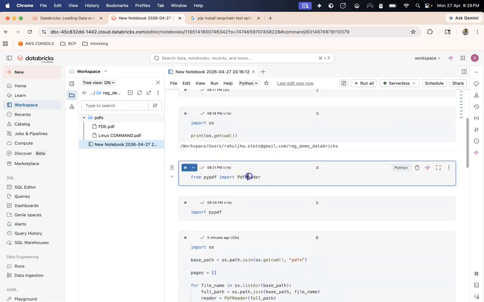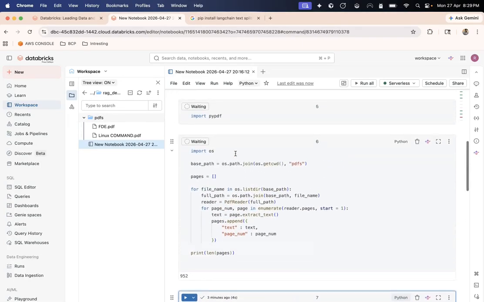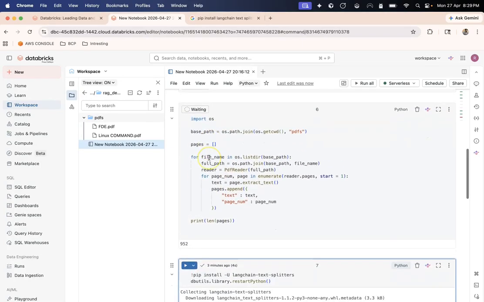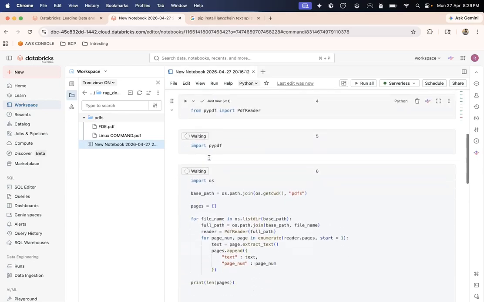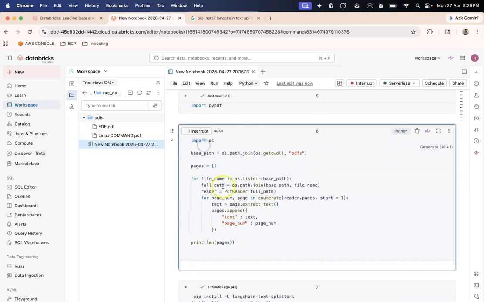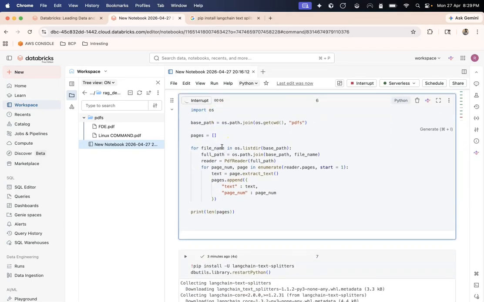So I will have to rerun these cells. Okay, let's wait for this to compute these pages one more time. Let's wait for a couple of more seconds.